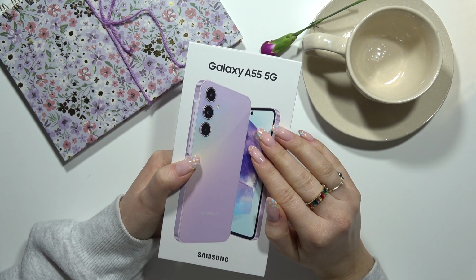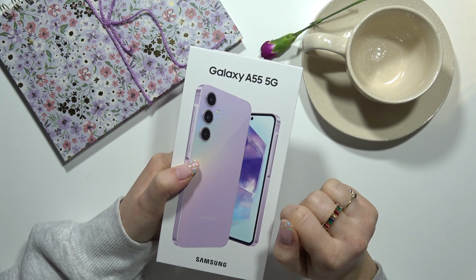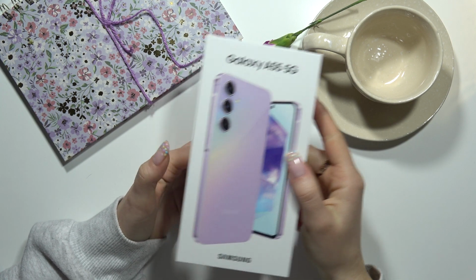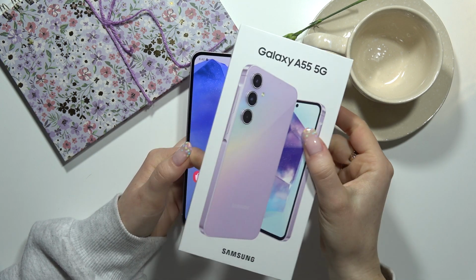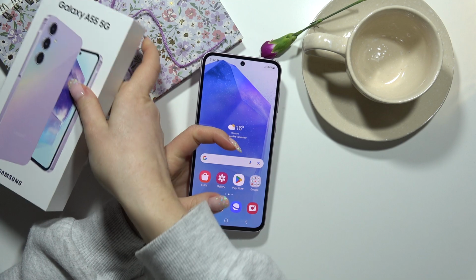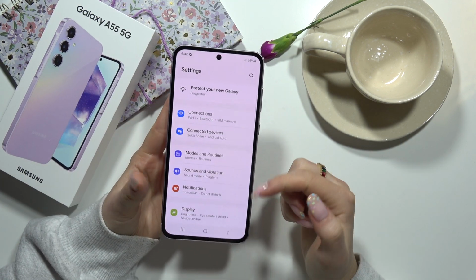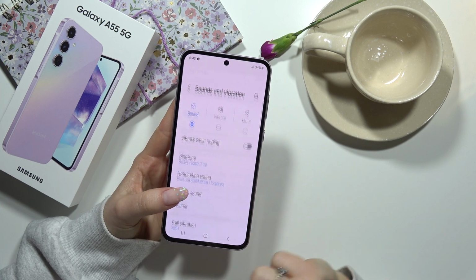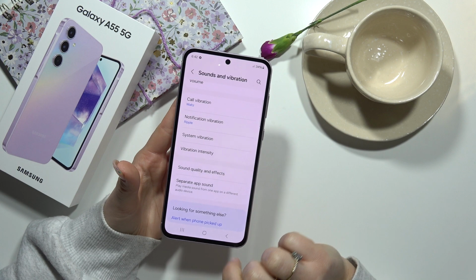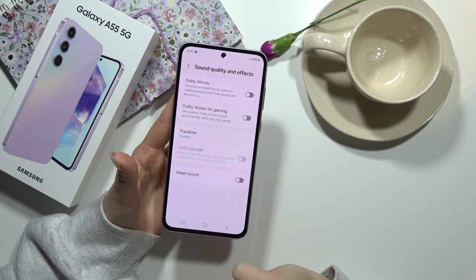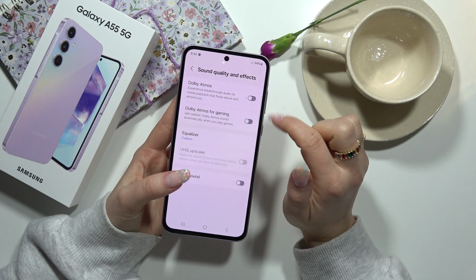Hello! In this video I'm gonna show you your options about sounds, effects and quality on your Galaxy A55 5G. Let's do this. From the main screen we have to go to the settings and then to sounds and vibration. We have to choose sound quality and effects, and here you can turn on or turn off Dolby Atmos